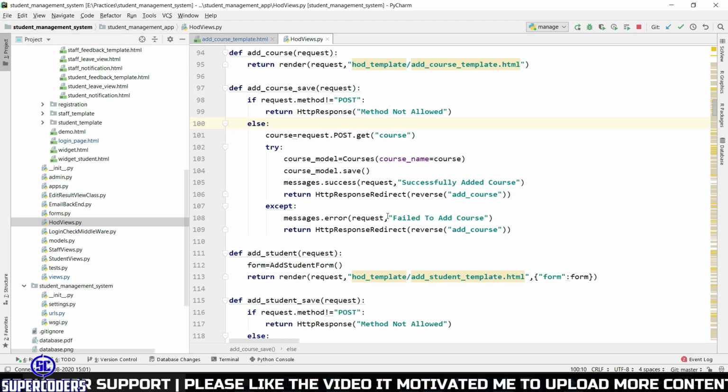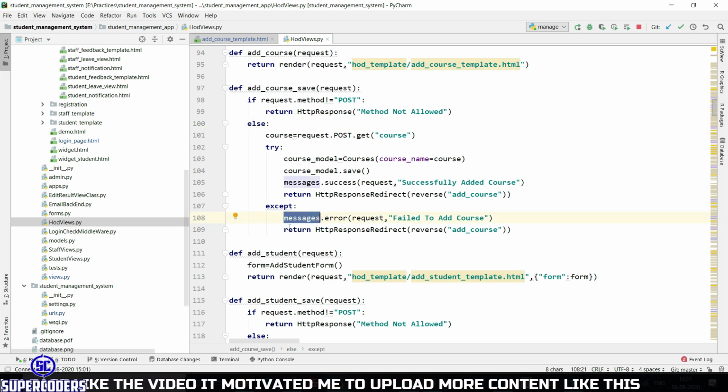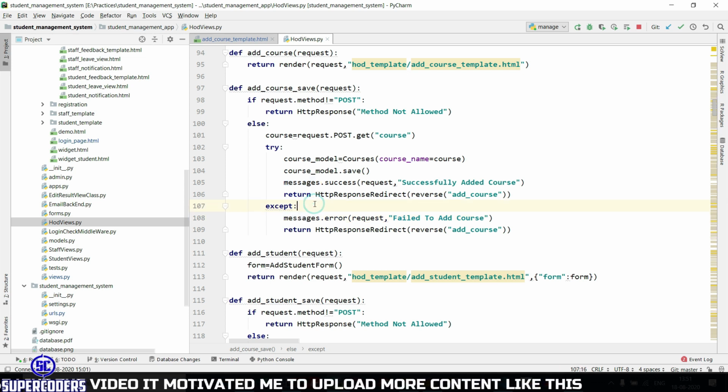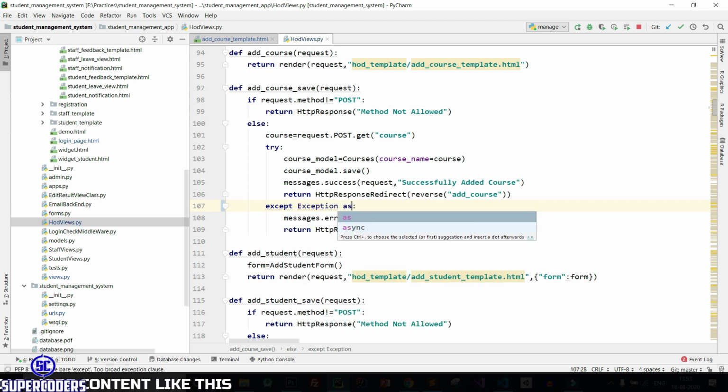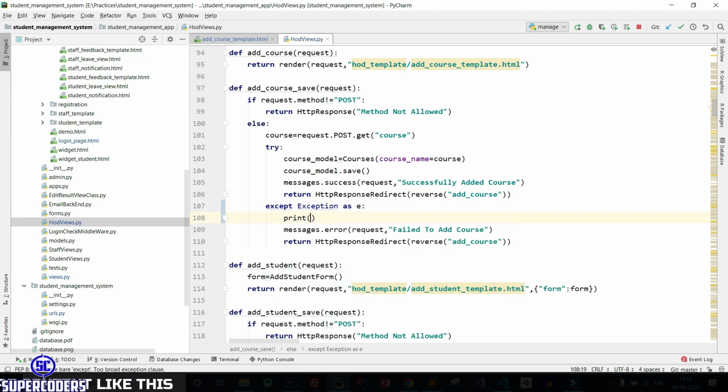So our code executes here, meaning something went wrong, then this error comes. So how can we find this error? Let's see how we can print the error. There are two ways. First, remove this try block and except block. Or the second way is, let's see, except Exception as E, then print E, save it.